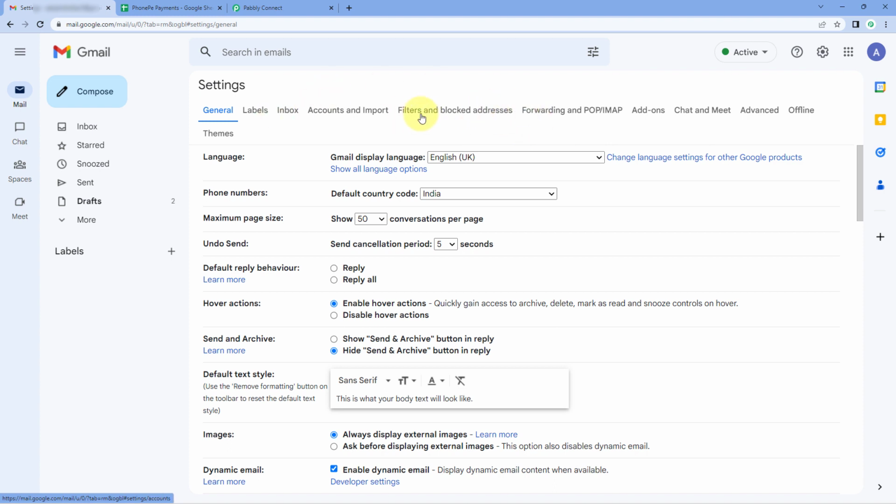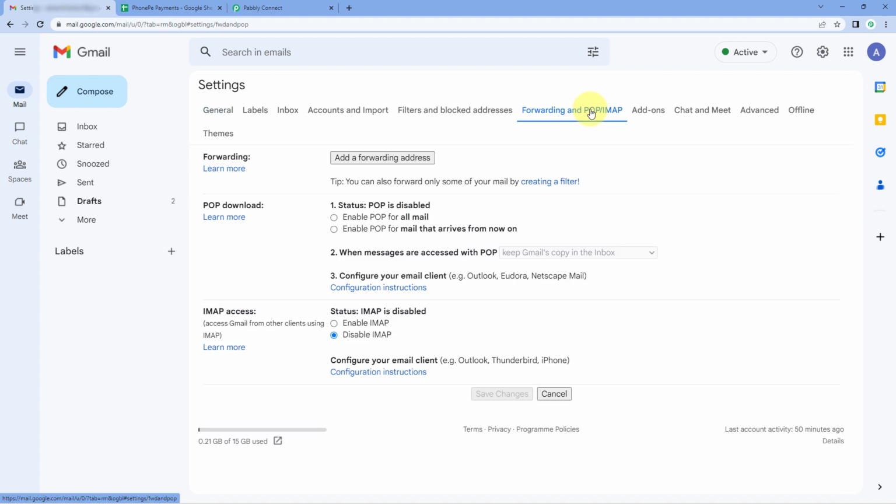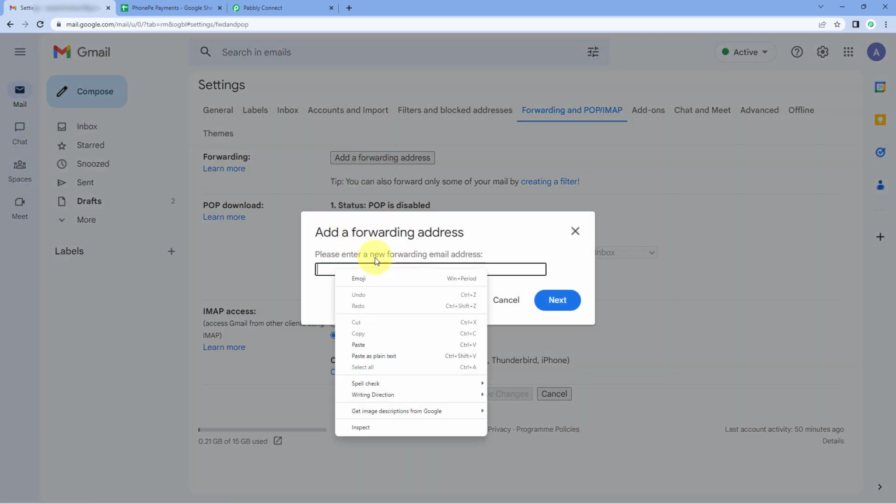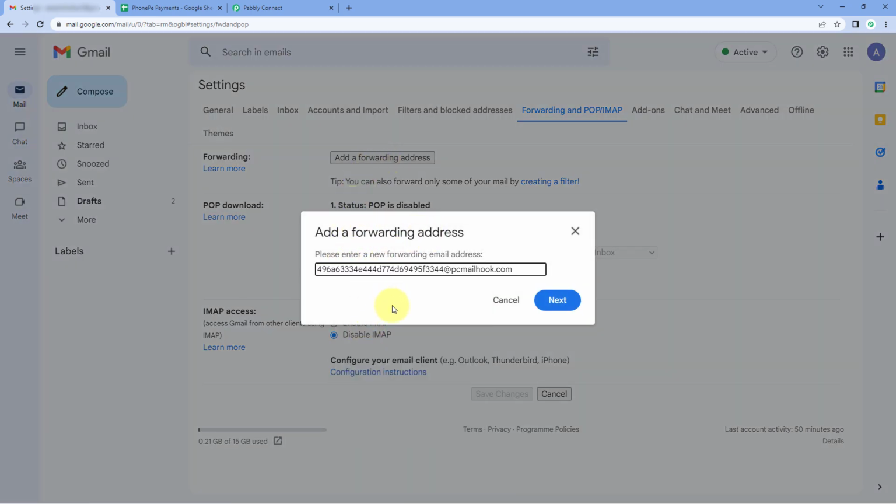After coming to the settings page, here you have an option of forwarding and POP/IMAP. Just click on it and here you have an option of adding the forwarding email. Click on this add a forwarding address and here in this box, paste the same email address which we have copied from Pabbly Connect